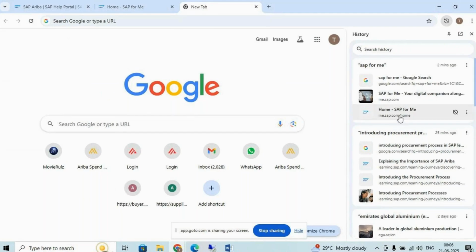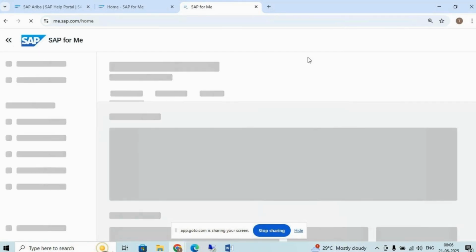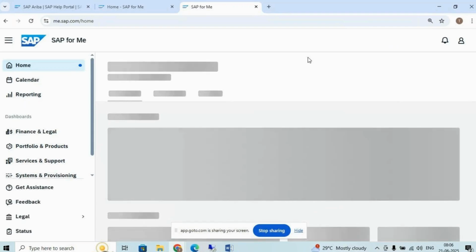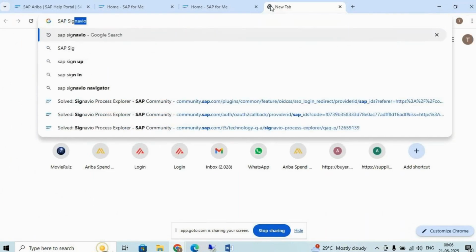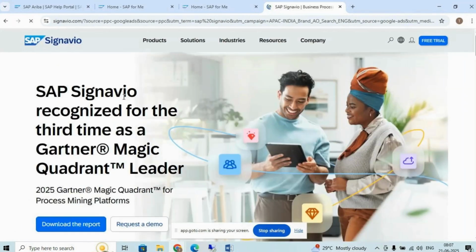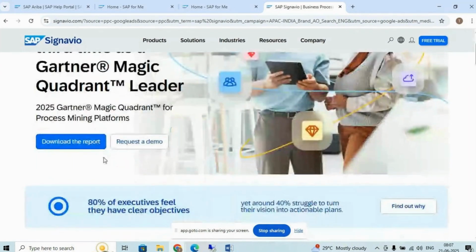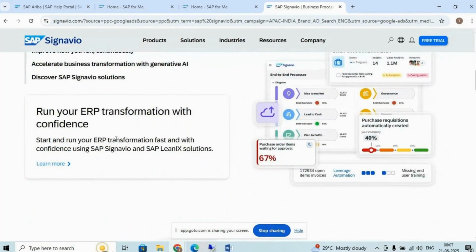Okay. So SAP Signavio is something that will have best practice content. If you just Google it, you will get to know about SAP Signavio. It is a process navigator. They will give you the standard best practice process, so it will navigate you through all the